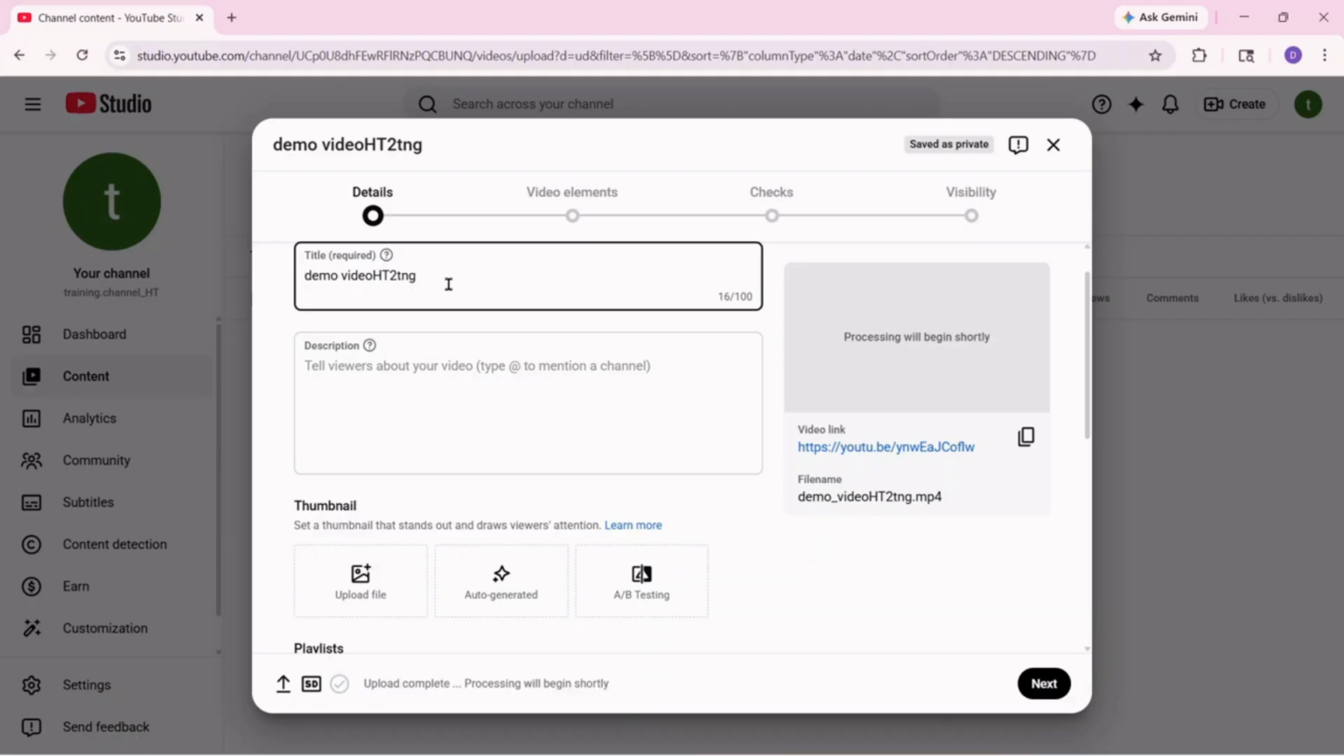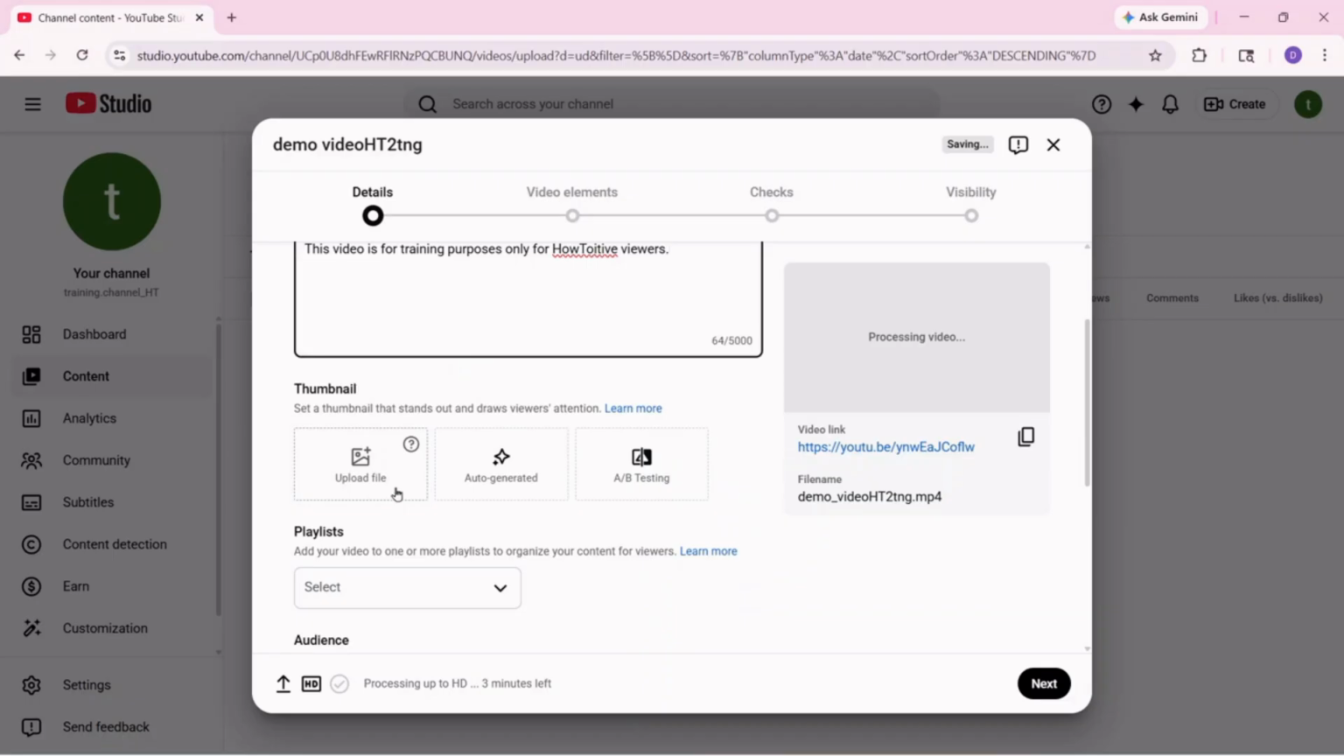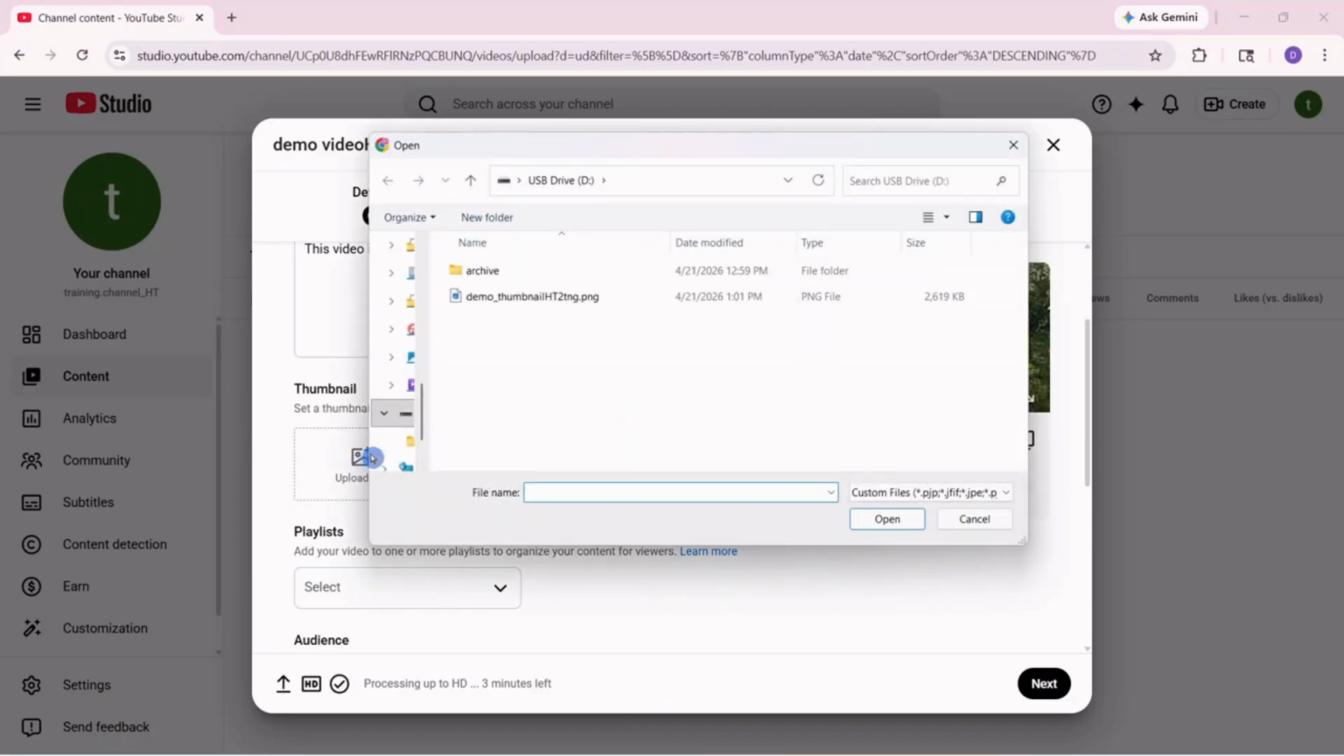The first thing you want to do here is make sure that the title is what you want. Go down to Description, add a description. Then you can go down to Thumbnail. So we'll click Upload File,